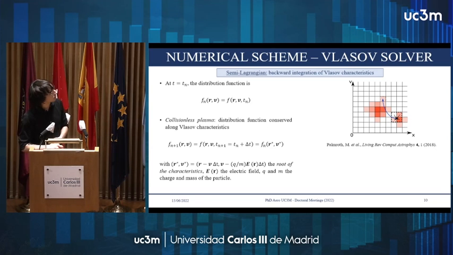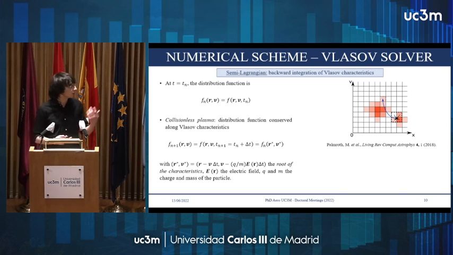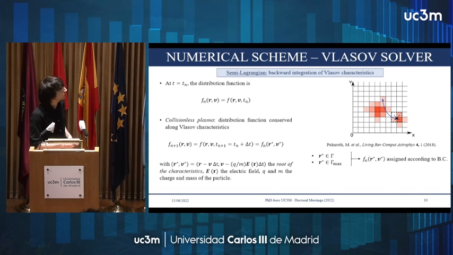So I will obtain the root of these characteristics. Given that the plasma is assumed to be collisionless, we know that the distribution function is conserved along these characteristics, and therefore, knowing where the root of the characteristic is, there are three possible cases. Either the origin of the characteristic is at one of the boundaries at which we know the distribution function because we're imposing it through boundary condition, or it ends up inside our domain